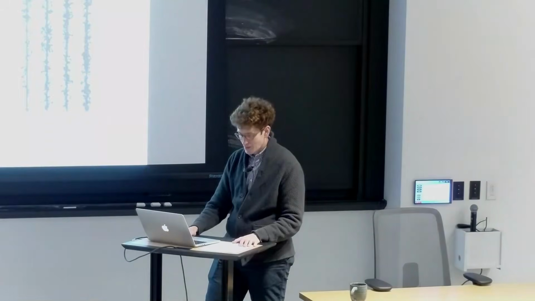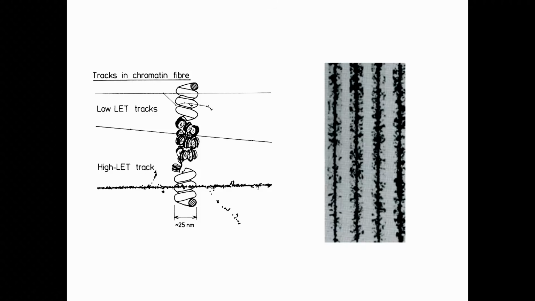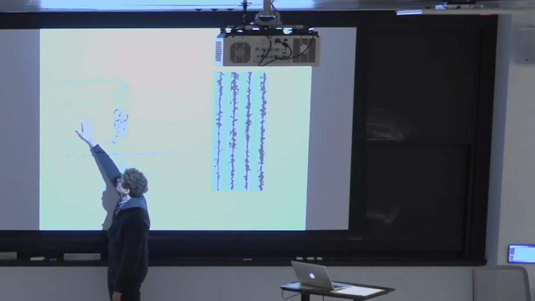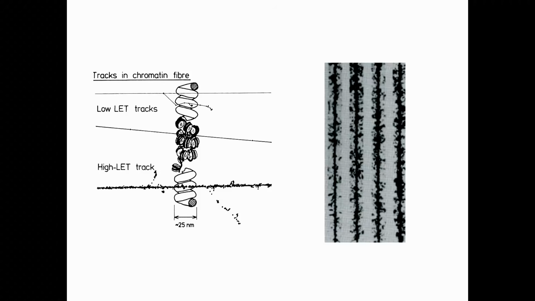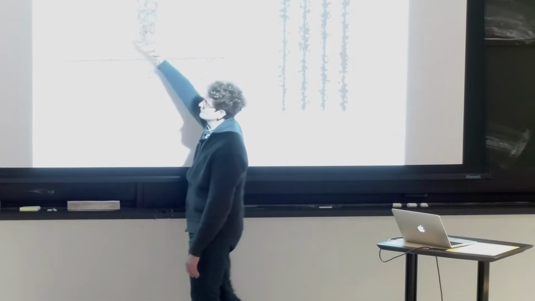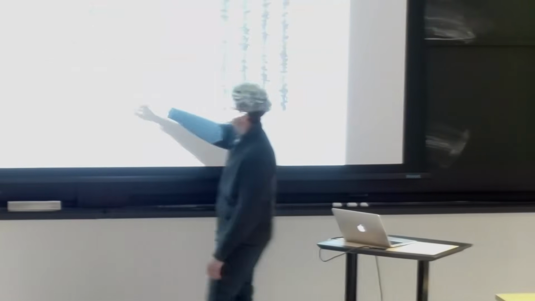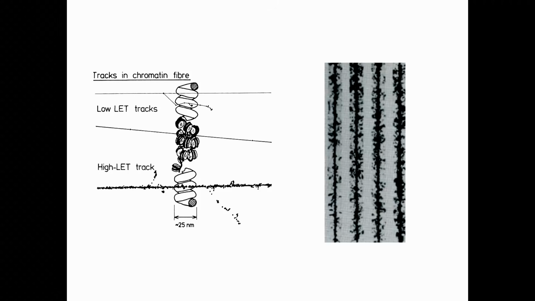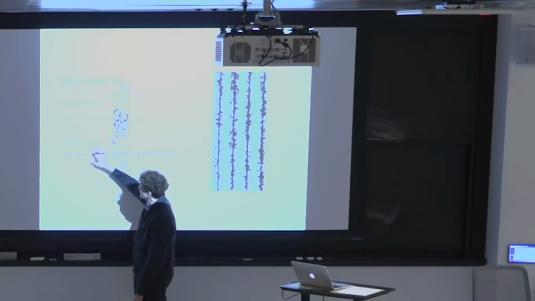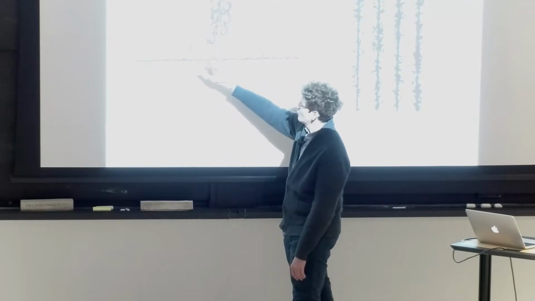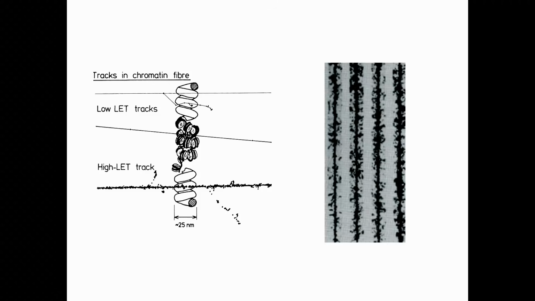Since we have a little bit of time, I will just show you a couple of things. If we go back to remembering low LET radiation, which is like photons and electrons, you're going to have this kind of behavior where you have some kind of interaction, and then the particle can travel some great distance before it reaches another interaction. That distance is large compared to the size of your DNA strands, which are wrapped onto these things called histones. So the DNA is coiled into this coil of coils. But the high LET radiation, like alpha particles, is interacting all over the place. And so you have a high probability of